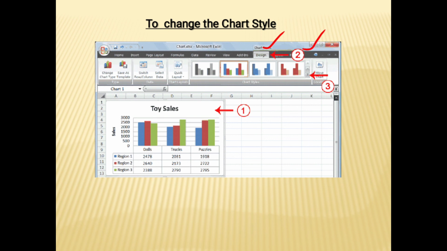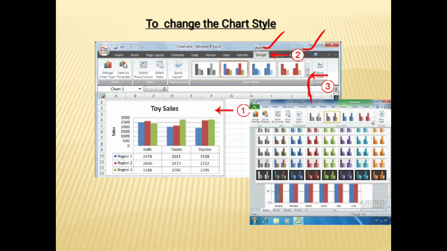From here you have the more drop down option. Click the more drop down arrow in the chart styles group to see all of the available styles.